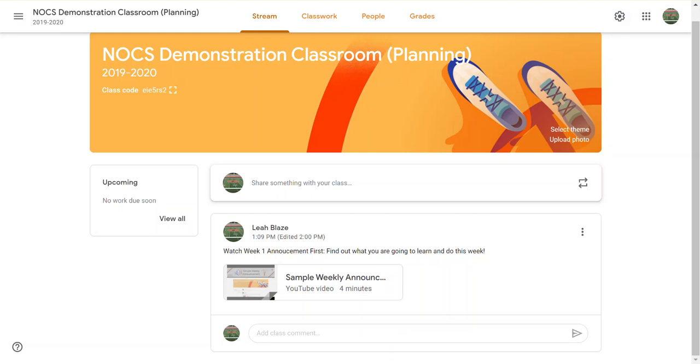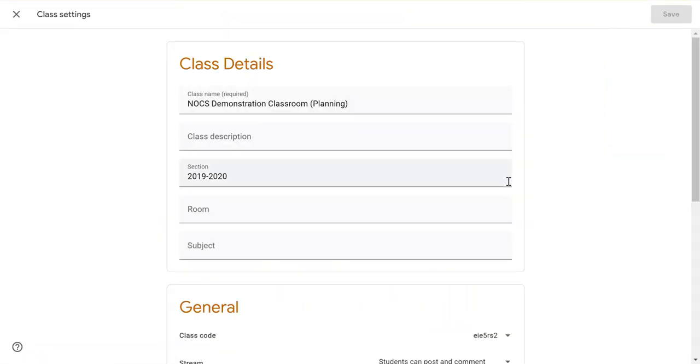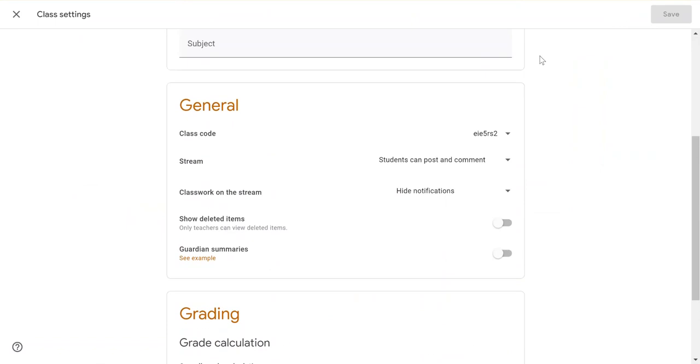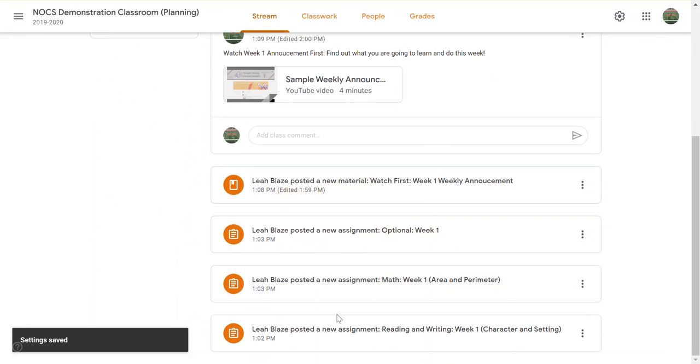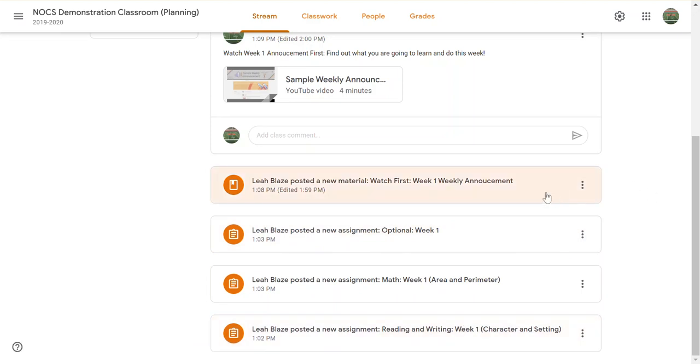So if you put your classwork on your screen, I'm going to turn that on for just a moment. So I went into my settings. And I'm going to first do the condensed notifications. So if I put my classwork on my stream, I can see all of my assignments showing up here as well. Keep in mind that things show up in the order in which you create them, with the newest thing